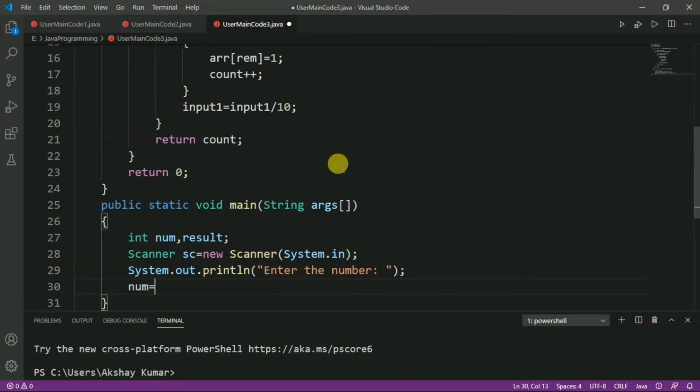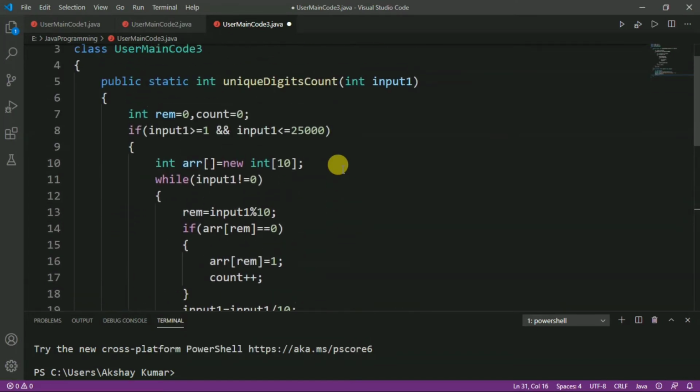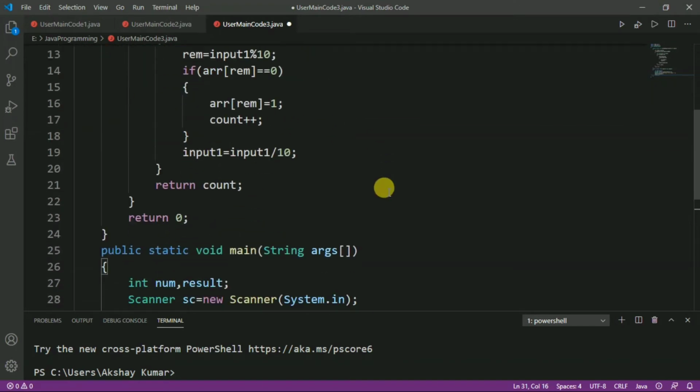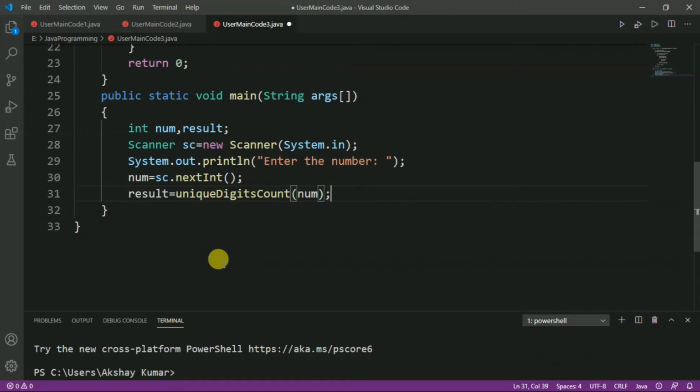and after that we will read that number from the keyboard and store it in the num variable. So we have to write num = sc.nextInt. After that it's time to call the function, and we will store the value in the result variable. Here our function name is uniqueDigitsCount, so we write the same uniqueDigitsCount, and now we will pass the actual argument that is stored in the num variable. So here we have to write num,